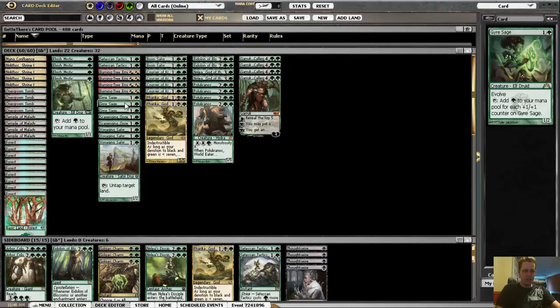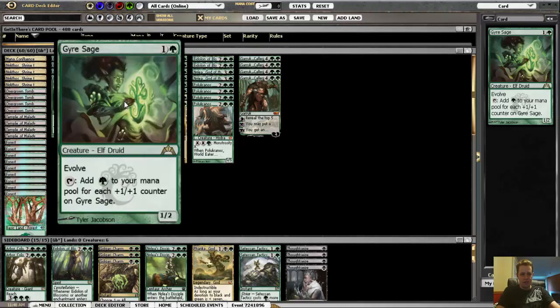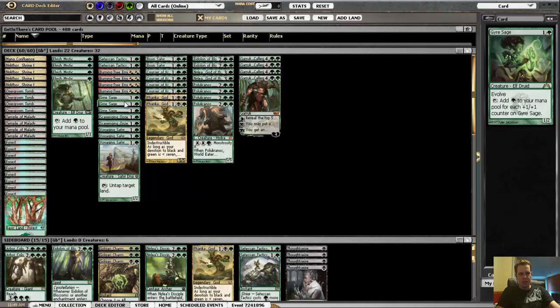So what Gyre Sage does for you is not really make mana on turn 3 unless you have a Burning-Tree Emissary. But if you do go turn 2 Gyre Sage, turn 3 Emissary, evolve it, then you can still play Pelucranos or an Eidolon Blossoms as normal. So you're not losing too much by playing Gyre Sage because you still have that option. But it is possible that the deck will get some slightly slower draws, like it won't be as explosive because of that, but